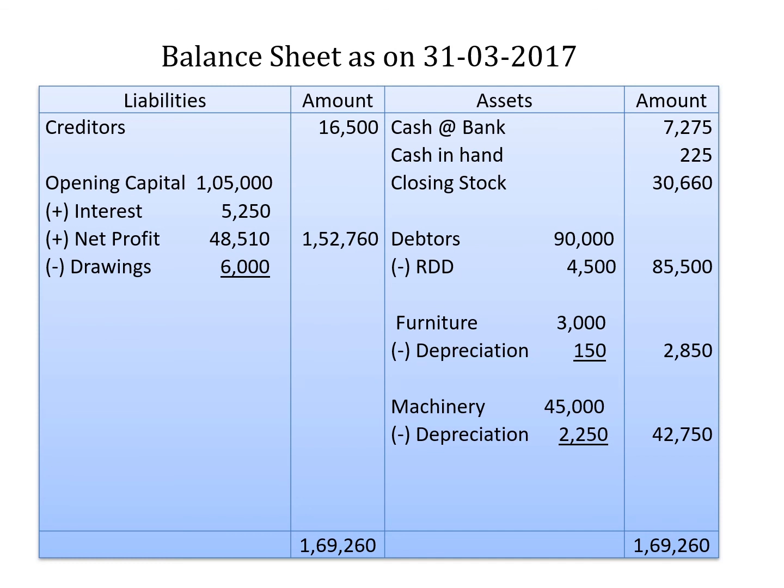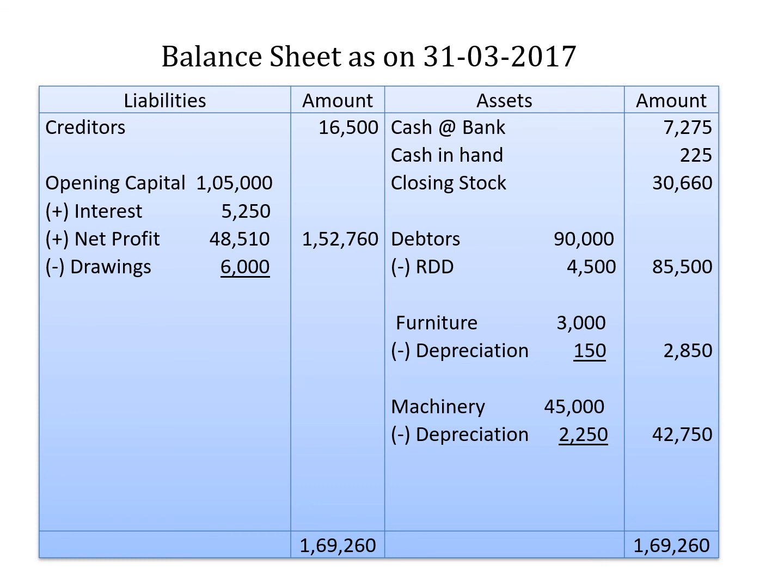Add interest on capital. We have calculated interest on capital in the PL account, which amounts to 5,250. Total this. Less drawings. We are given drawings of rupees 6,000. So when we deduct drawings from this total, we get 1,52,760 as the net amount that we take to the outer amount column. So we are adjusting the capital here. We have taken opening capital, added interest on capital, added net profit and deducted drawings.